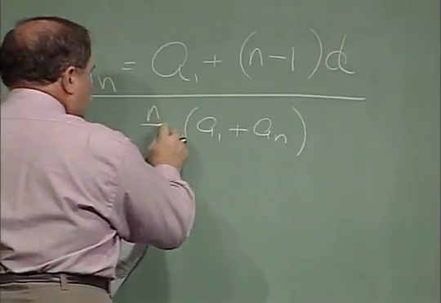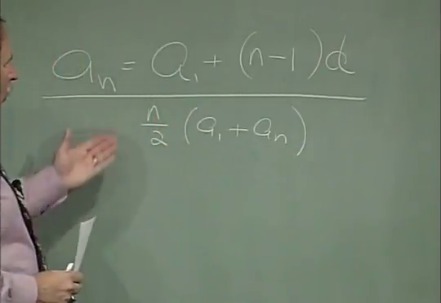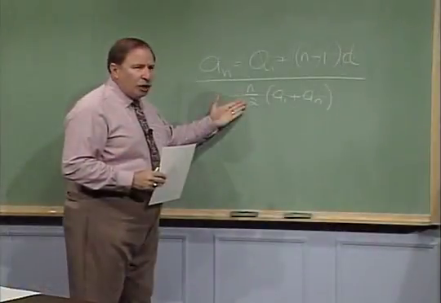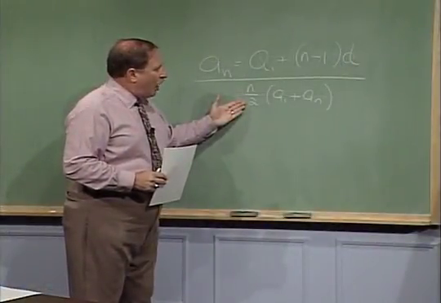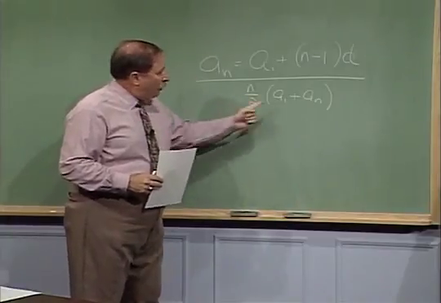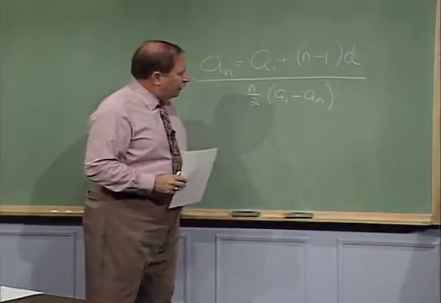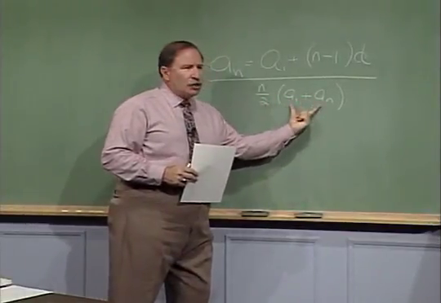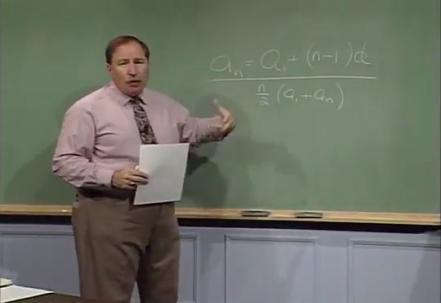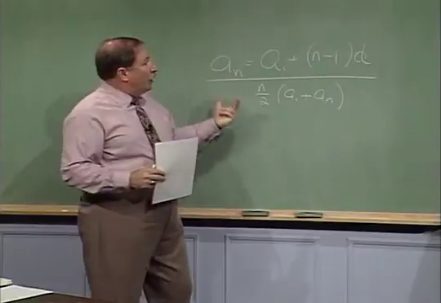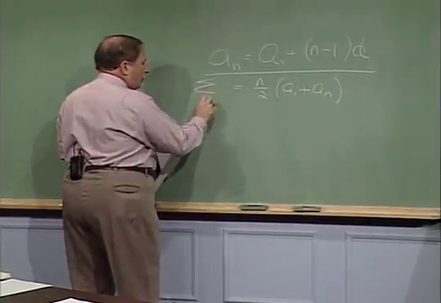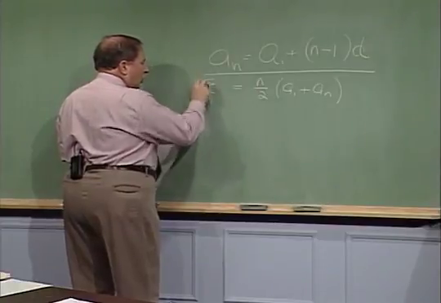So n over 2. You say, wait a second, what if we have an odd number of terms? This would be a fractional number, something and a half. Well, if you had an odd number of terms, then, quite frankly, you prove this, both of these would be odd or both of these would be even, and therefore the sum of 2 odds or the sum of 2 evens would be even, and the 2 would cancel out. Either way, if the sequence is whole numbers, or at least integers, then the sum will be an integer. And of course, this is the sum from i equals 1 to n